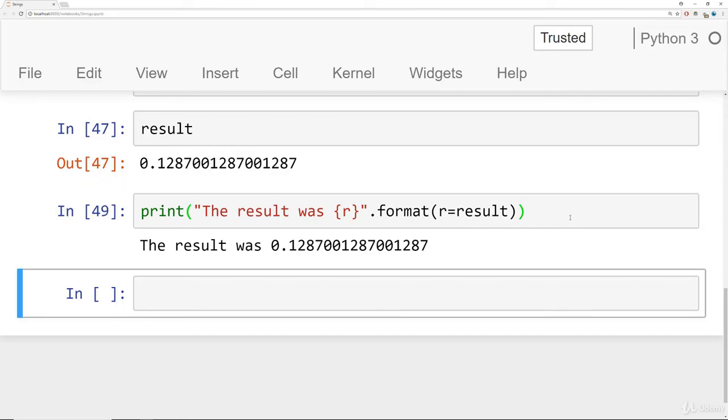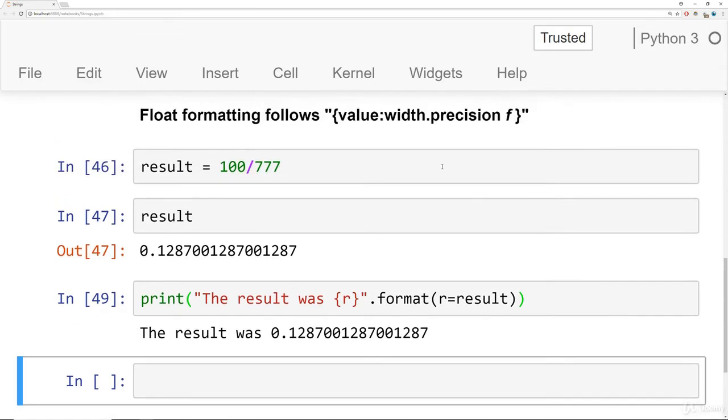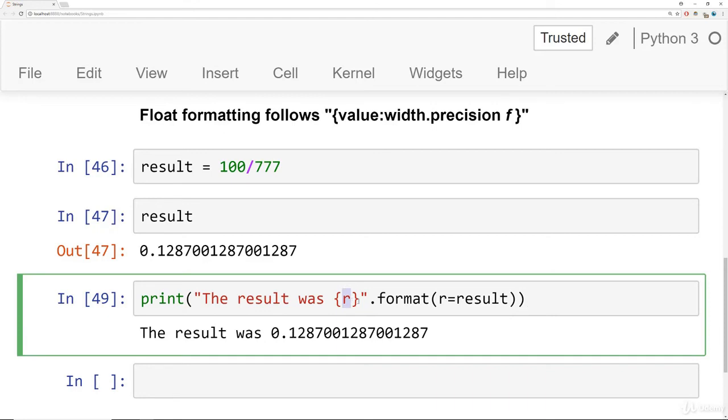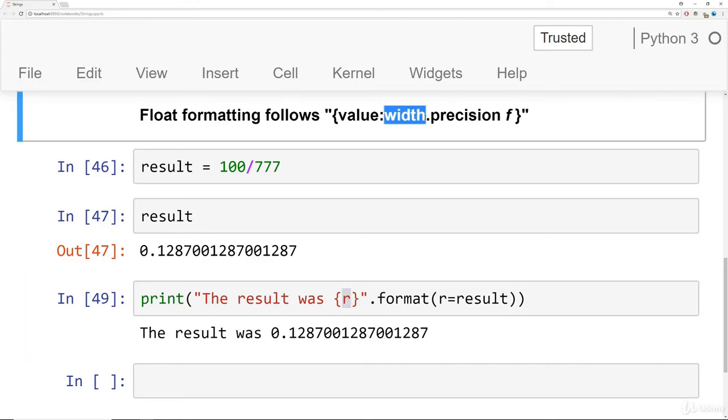So the way the formatting works for float formatting, as far as the .format method, is you pass in the value that you're referring to. So in that case, it's R here. That's the actual value name. Then you write a colon, and then you write in the width value you want, dot, and then the precision value you want, and then an F. And often what you're really going to care about is the actual precision. The width just allows you to add in some white space if you have a really large width value.